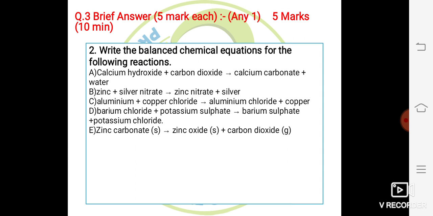And the last one was zinc carbonate will give you zinc oxide plus carbon dioxide, that is ZnCO3, zinc carbonate. ZnCO3 will give you ZnO plus CO2 gas is liberated. This is nothing but decomposition reaction, my dear children. I have not solved these reactions in the slide here because it is just from your textbook. In the notes the answers are given for this question.